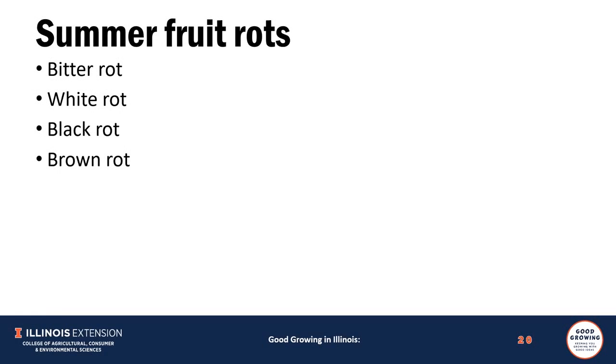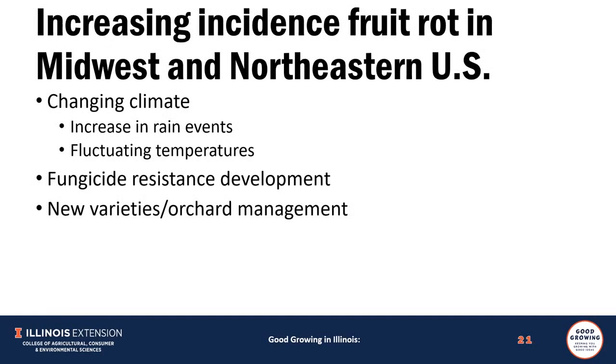We have a variety of fruit rots that are referred to as summer rots. So we have bitter, white, black, and brown rot, and we'll be covering those. They are of particular interest because they've been increasing in incidence of fruit rots in the Midwest. We've seen that even in the commercial orchard, there's been a lot more prevalence of that in recent years. There's some reasoning behind that: changing climate, the different patterns of rainfall that we've had, our fluctuating temperatures,